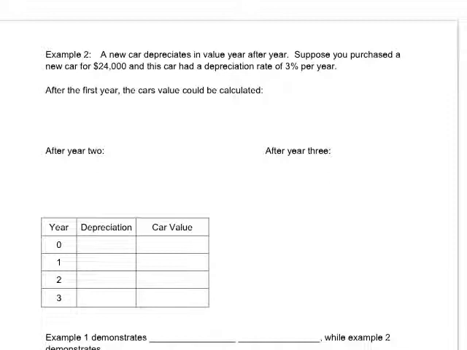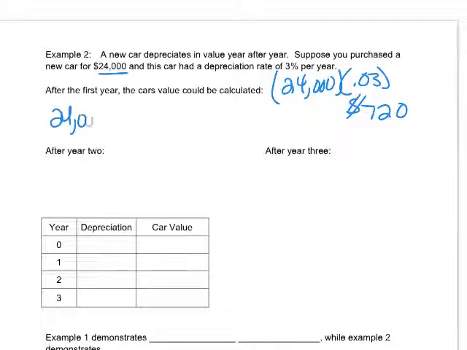So let's say you bought a new car and you paid $24,000, and this particular car had a depreciation rate of 3% per year. So I'm going to decrease in value. If I want to calculate the amount of decrease after the first year, I take the 24,000, and to that I multiply by the 3%, 0.03, and that's going to be $720. That's how much I'm going to reduce the 24,000 by. So 24,000 minus 720 leaves me with